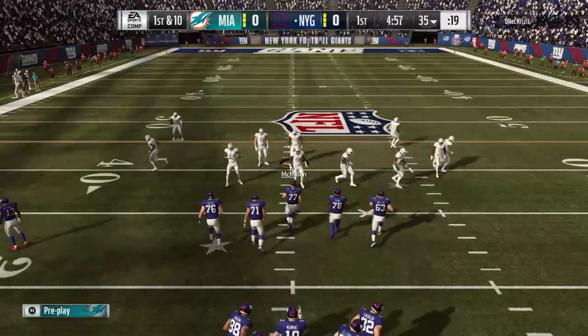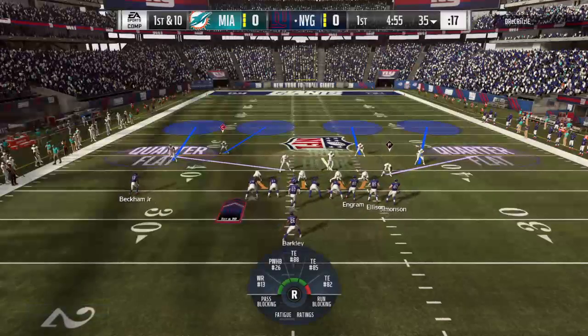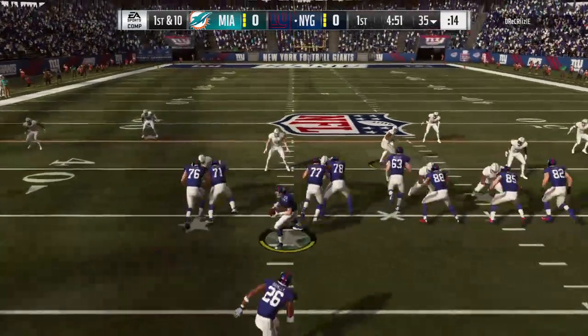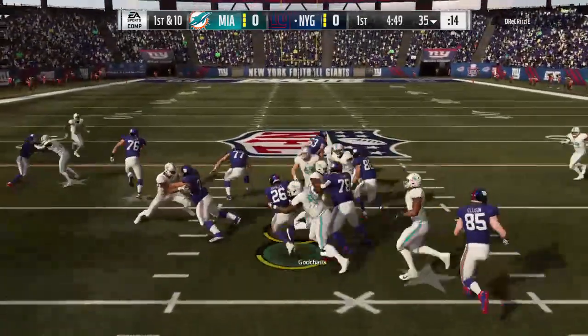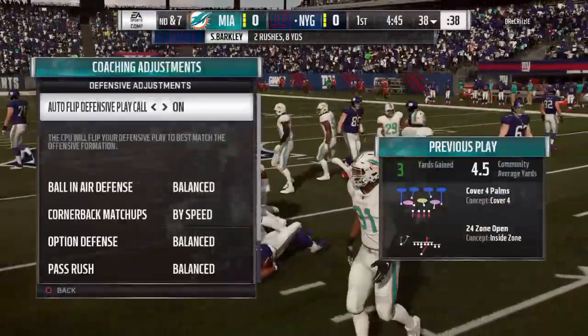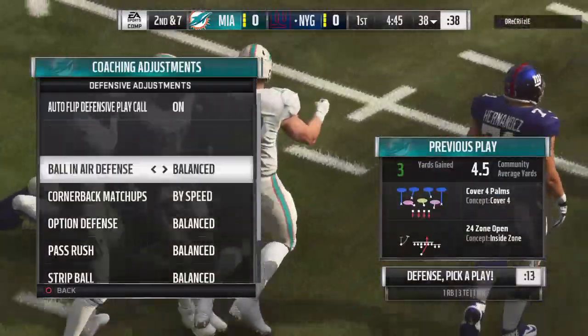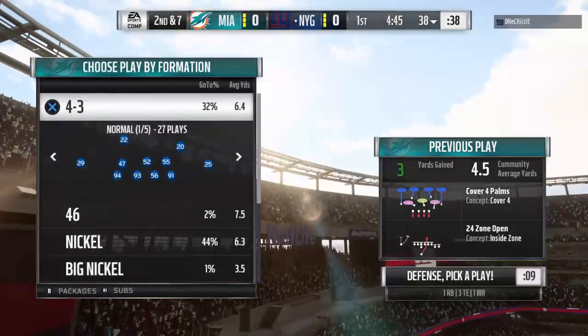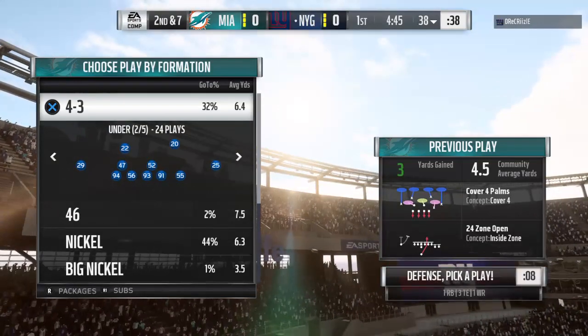Ball up to the 35 now as they come up on 1st and 10. A 1st down carry for Barkley, and he'll get this up to about the 38-yard line. A gain of 3, 2nd down. What's the old expression, 3 yards in a cloud of dust? In this case, it's dust-covered pellets. It's no longer